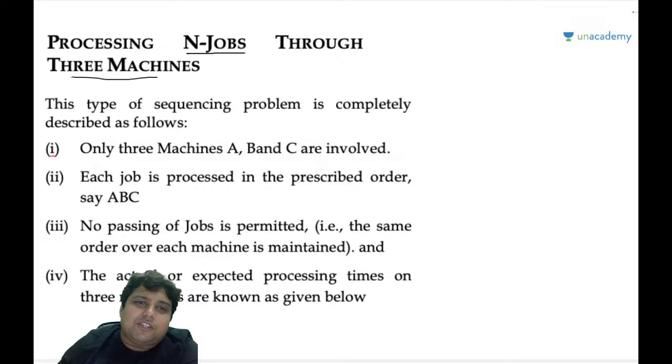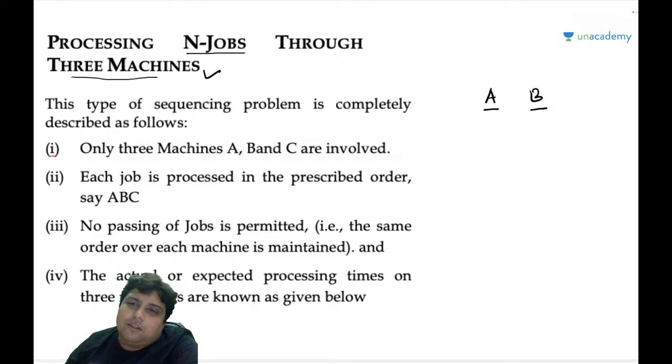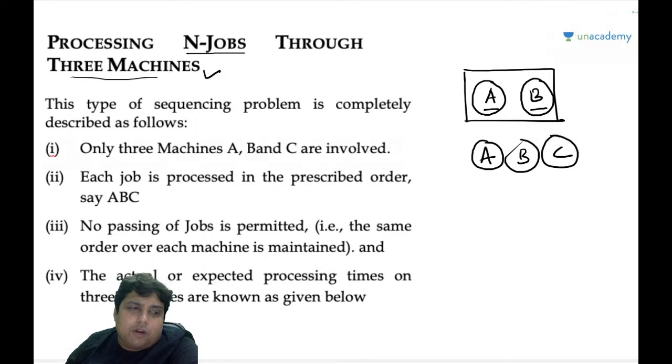As mentioned, a three machine problem is very simple. What we used to do in a two machine problem: suppose there are two machines A and B, the job has to be processed on machine A first and then only on machine B. In order to complete the job, it has to be processed on both machines A and B. Similarly, in case of three machines, we will have three different machines A, B, C. And in order to completely process the job,